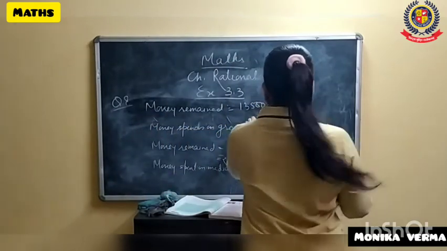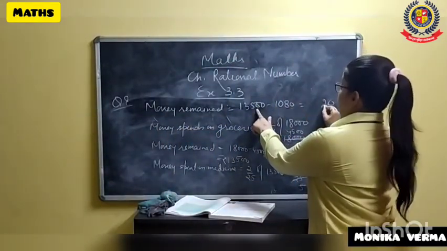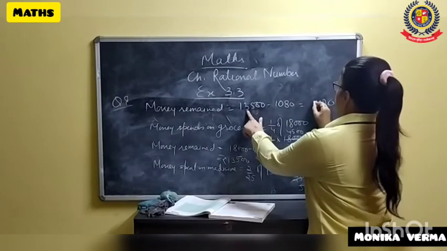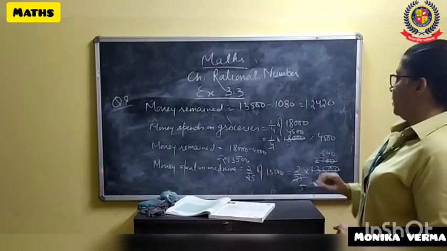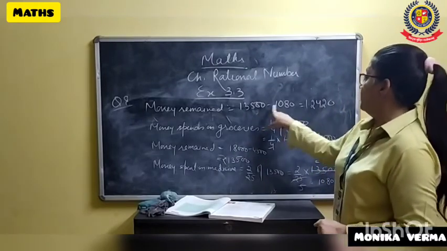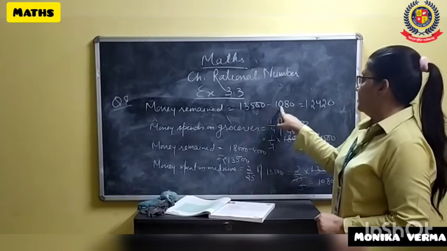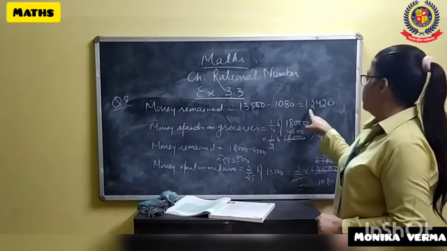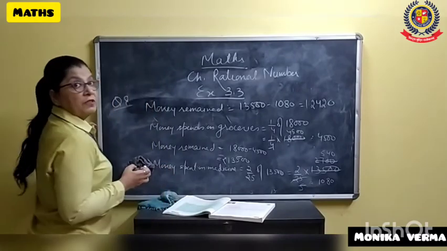So how much she got? 0 minus 0, 0. 10 minus 8, 2. 4 minus 0, 4. 12,420. Okay? 0 minus 0, 0. 10 minus 8, 2. 4 minus 0, 4. And 3 minus 1, 2. 12,420. Then he said 1 by 3 of the remainder